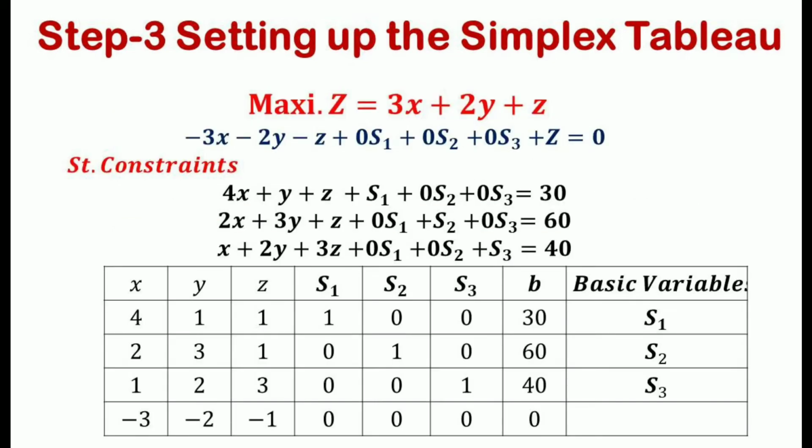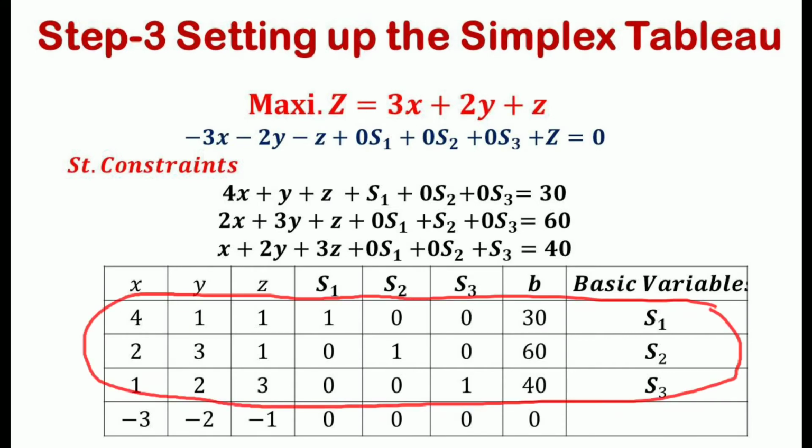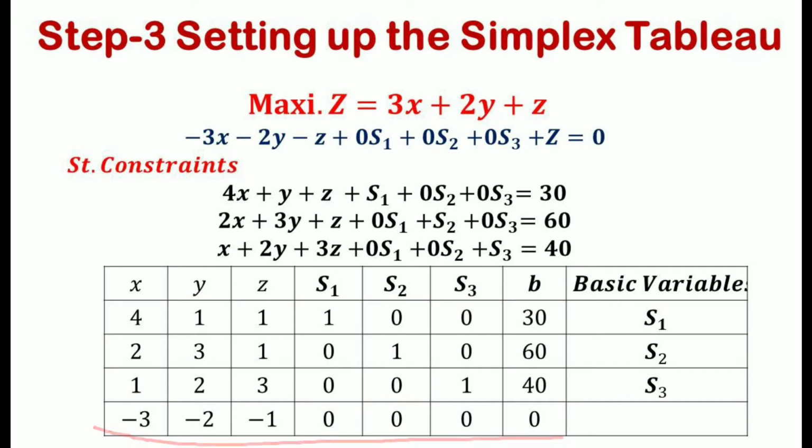Now with the given objective function and constraints, a table is given. The bolded top row of the table states what each column represents. The first three rows represent the three linear constraint variable coefficients from the linear programming model, and the last row represents the objective function variable coefficients. So in the first row we have x, y, z, the three decision variables, and the three slack variables s1, s2, s3, then b, the beta value, then basic variables.